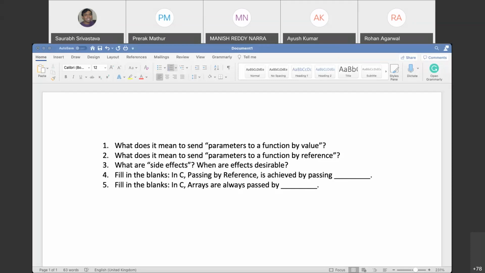Sir gave an example of swapping two variables a and b, where you want to swap their values. If you pass by value, the values will be swapped, but then the memory will be freed again and you will lose your changes, right? If you pass by pointers, you will have your changes retained, and that is a better way to use the swap function. So that is the desirable effect, if you are trying to have the changes retained.